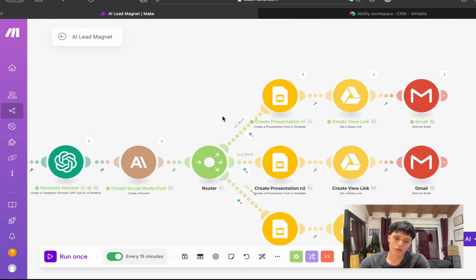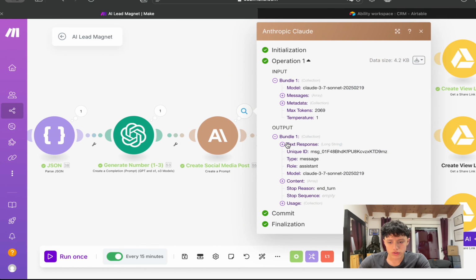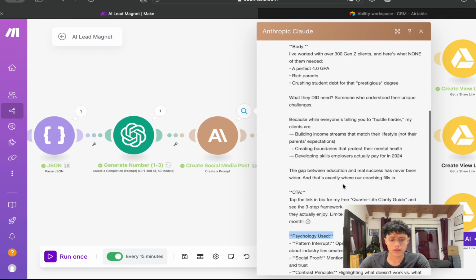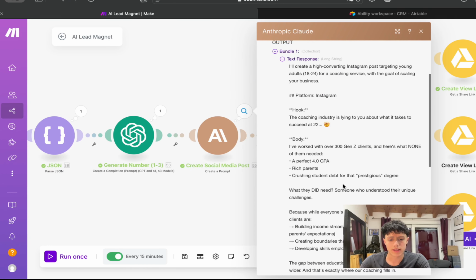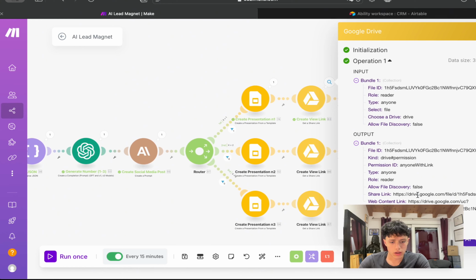And actually, before that, I forgot to mention that this very little module right here has created a whole social media post, with also the CTA and the psychology used highlighted, so you can actually know what is happening inside this post. There's also the formatting for the hook, the body, and everything, and that also is included in the email. And now if I hop in here and copy the share link into a new tab,